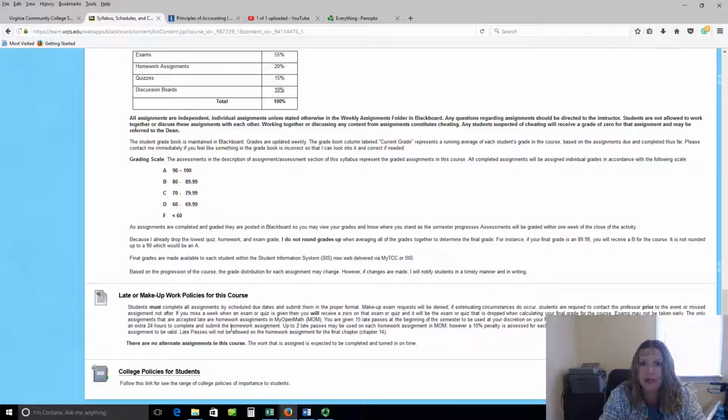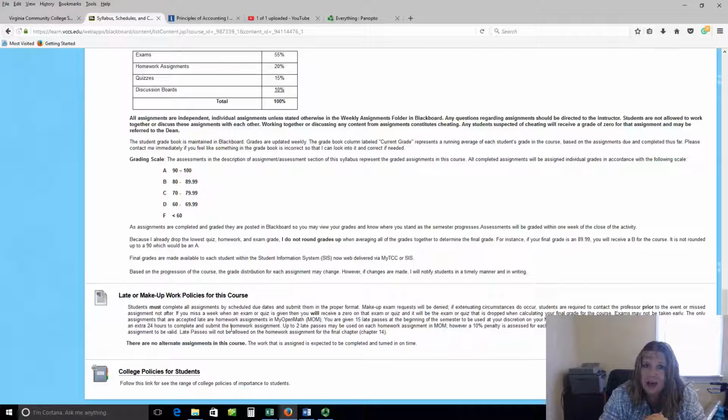However, when you use that late pass, it does deduct 10% from your grade. So if 100 is the highest that you can get, if you use a late pass, the highest that you could get would be a 90. You are allowed to use 2 late passes. So if you get to Tuesday at 11:59 p.m., you use that first late pass, and you still haven't finished, the day was crazy, whatever, you can click Use Another Late Pass, and it will extend your due date to Wednesday at 11:59 p.m. That is it, though. Just 2 late passes per assignment.